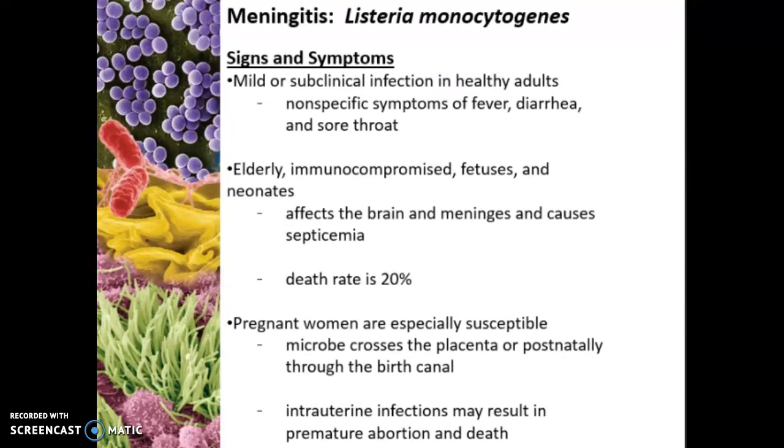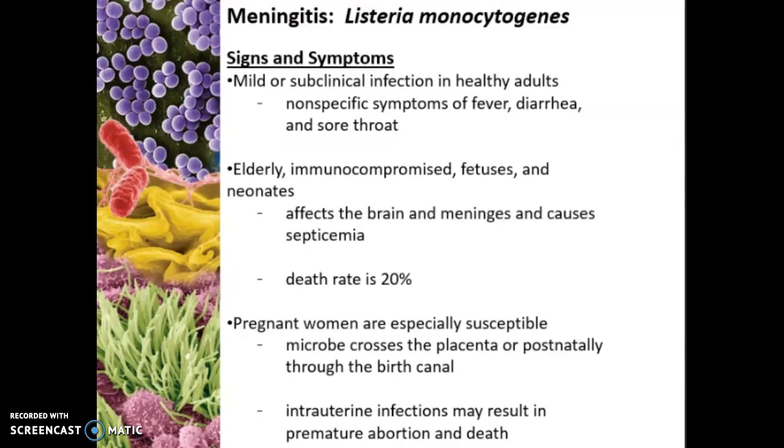Alright, then Listeria monocytogenes. This organism is generally a foodborne pathogen. And in adults that are healthy, immunocompetent, this infection is generally very mild or subclinical, with non-specific symptoms like fever, diarrhea, sore throat, those type of symptoms that would be seen in a foodborne illness. And you may never see any